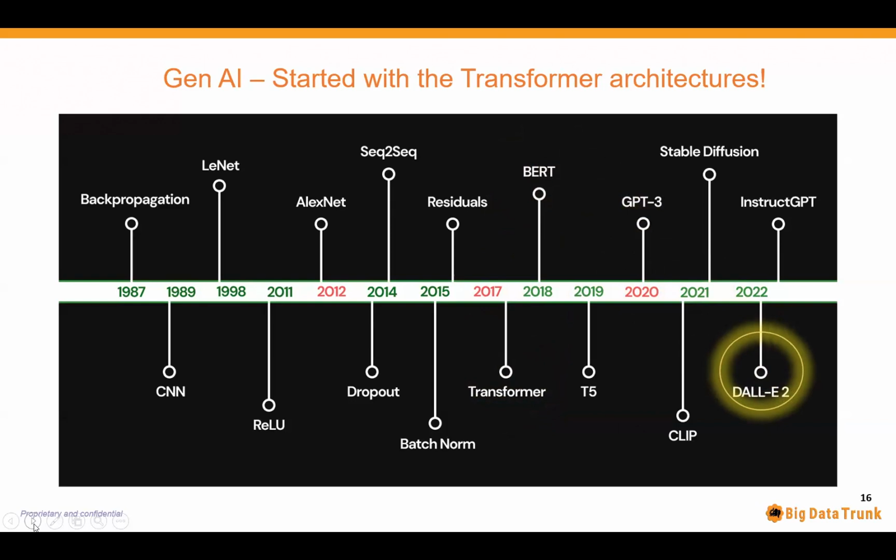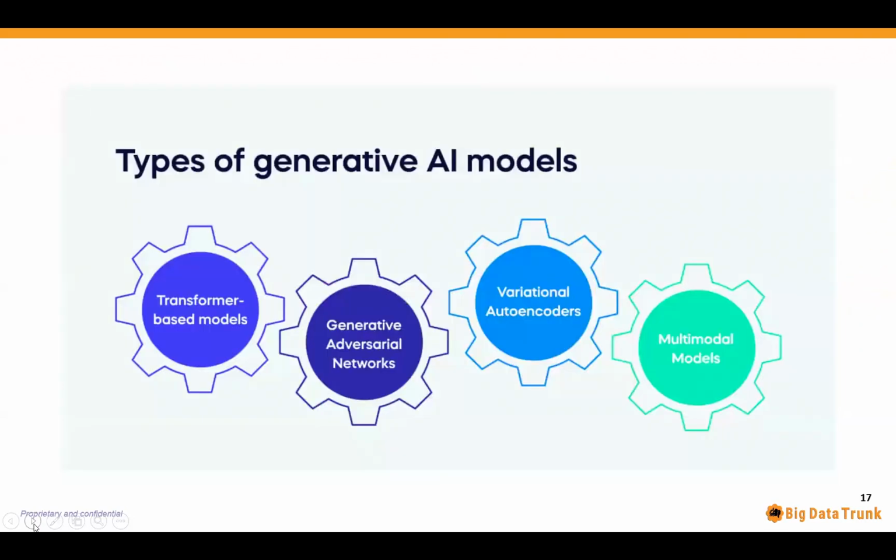DALL-E was when people started showcasing the image generation capabilities. So post 2020, after the initial version of GPT came out, we are seeing these massive improvements, whether it is in terms of text generation or all of these other multimodal kinds of generation happening.